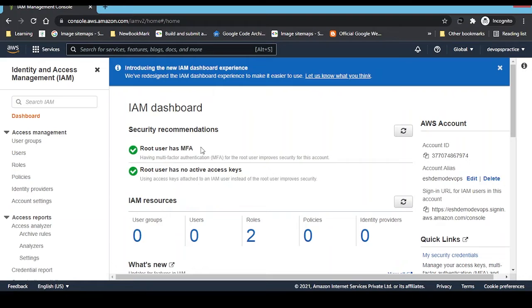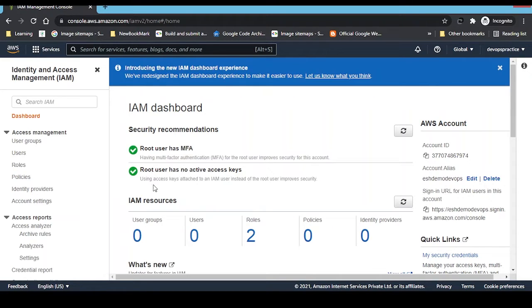If I go to S3 or Elastic Beanstalk or DynamoDB kind of services, I'm not able to access them. So based on your requirement, you can customize the access for the user so that the user cannot play with other services and get unnecessary bill charges.